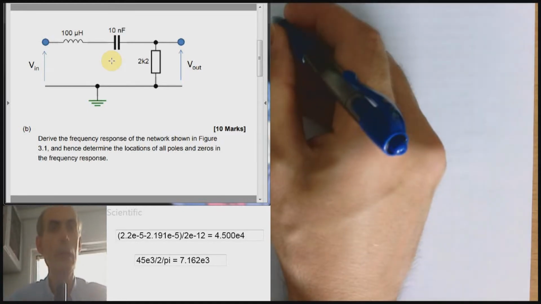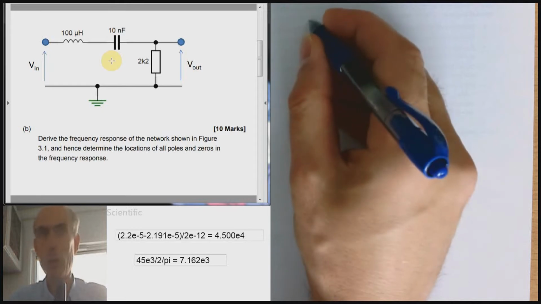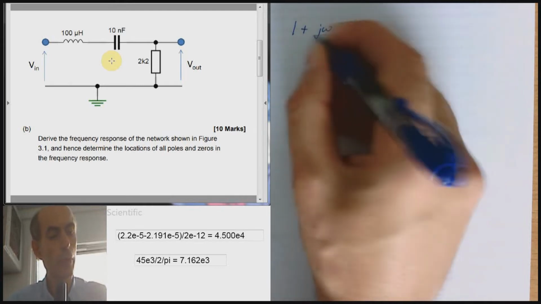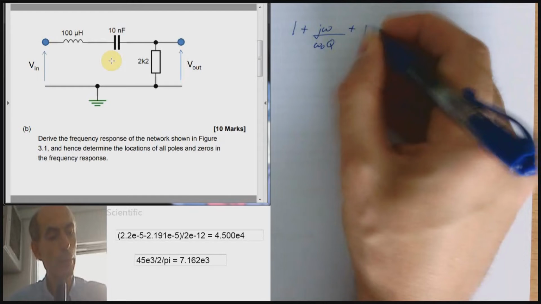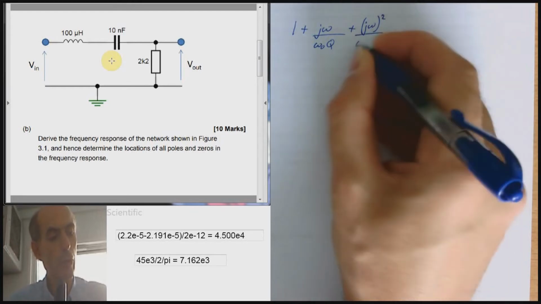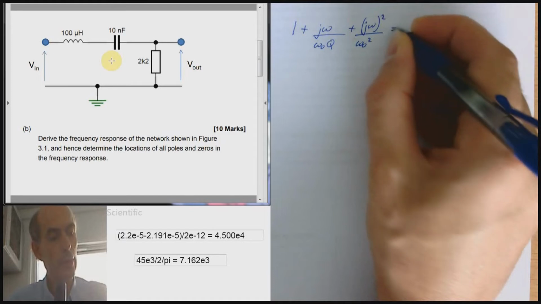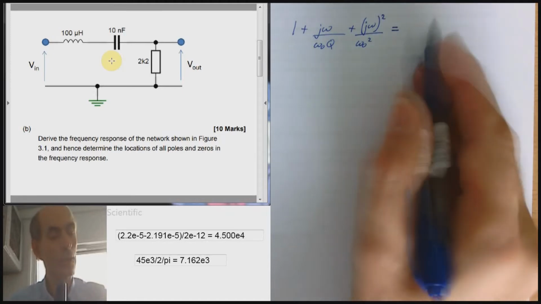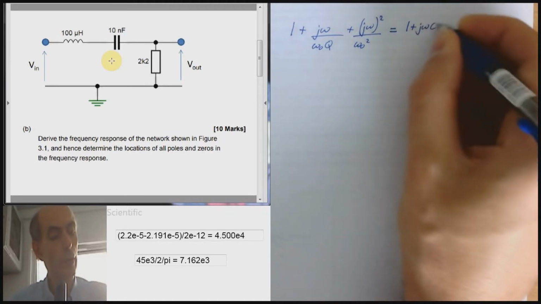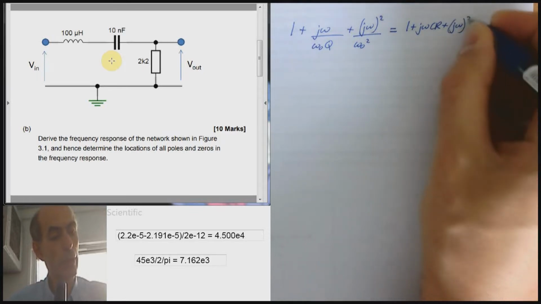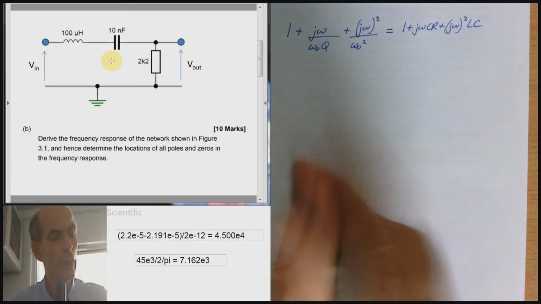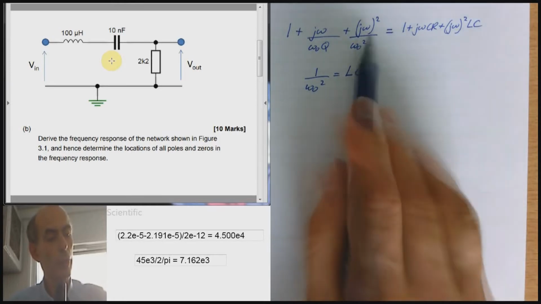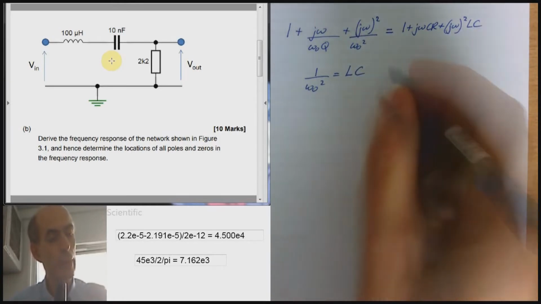factor actually are, which is not such a bad idea, going from the equations we had, which were that 1 plus j omega over omega naught Q plus j omega squared over omega naught squared. That is a general form of writing what we evaluated from the circuit to be 1 plus j omega RC plus j omega squared times LC. And therefore 1 over omega naught squared is LC, just equating the terms in j omega squared, and that means that